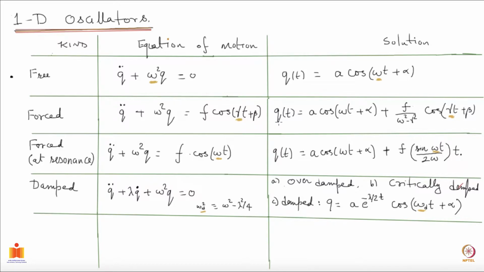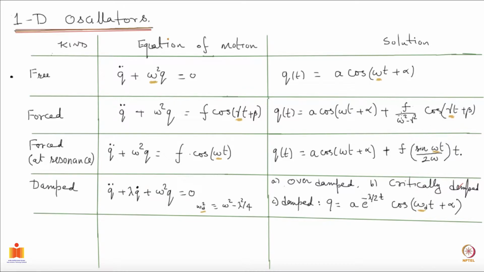And the general solution we found to be, you have the same thing corresponding to the homogeneous part. So if I put the f to be 0, you have a free oscillator, or equivalently a homogeneous equation. So this is the homogeneous part of the solution, and then you have to search for a particular solution, which is what is in here,